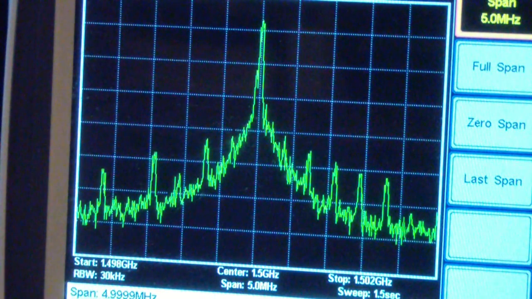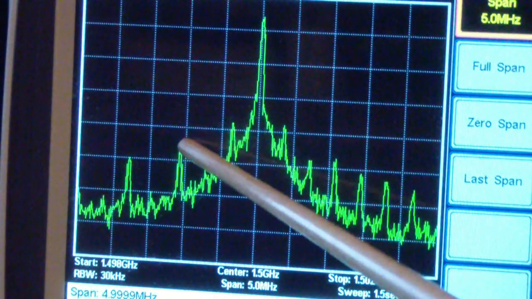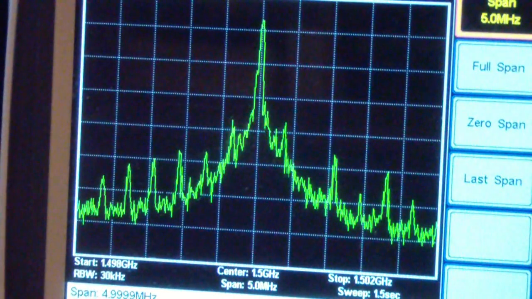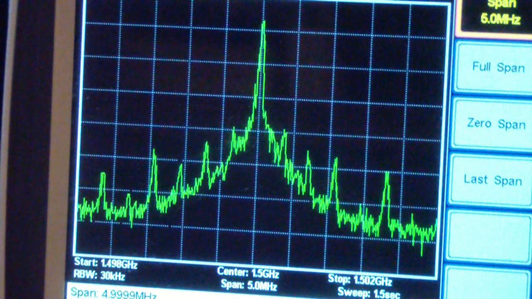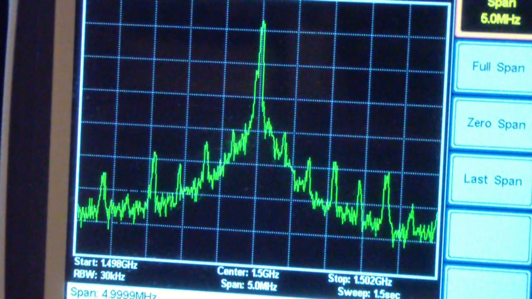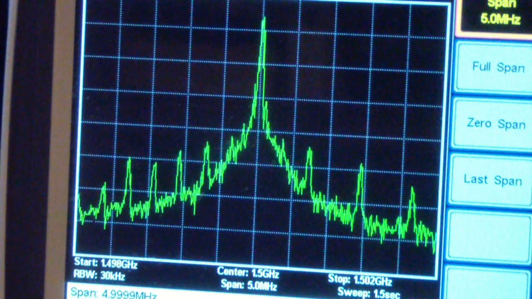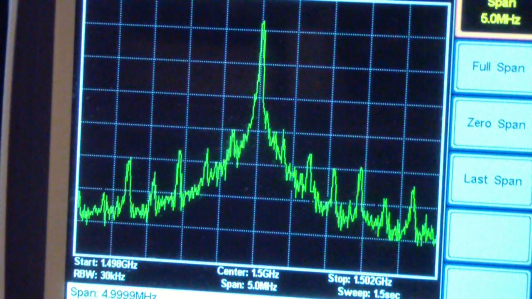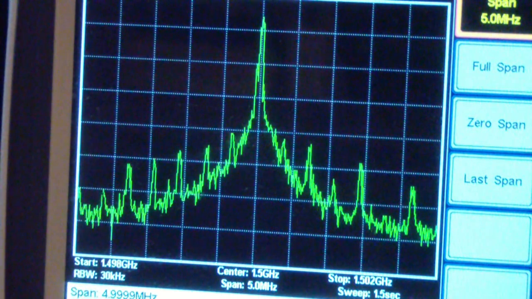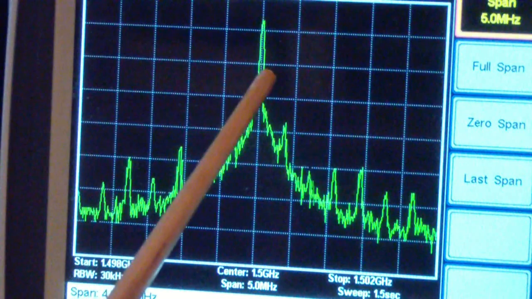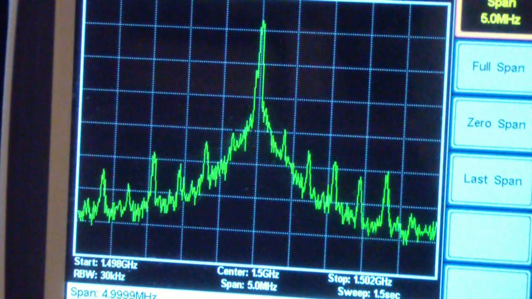Won't get into much detail here, but basically if you want to calculate the size of each sideband, you can do that either with a graphical or table method that I showed in the spectrum analyzer series, or by using Bessel functions. They're not as complicated as they sound, but since most people have never seen them before, I'm going to stay away from that in this video. So nonetheless, this shows that we have an FM signal at 1.5 gigahertz